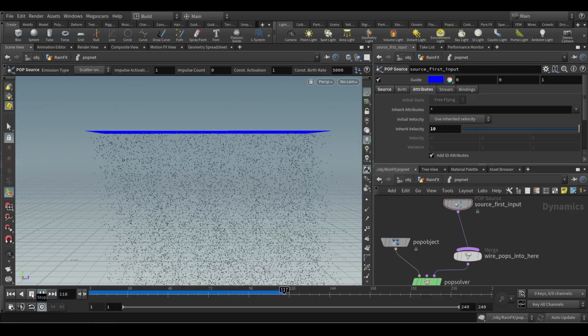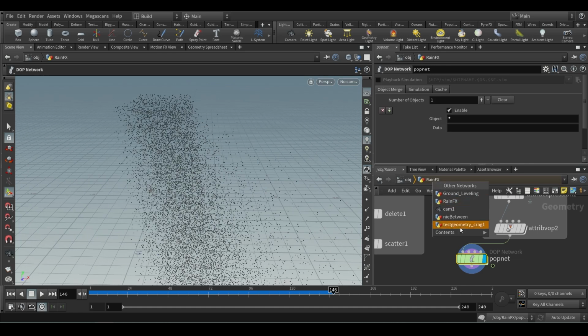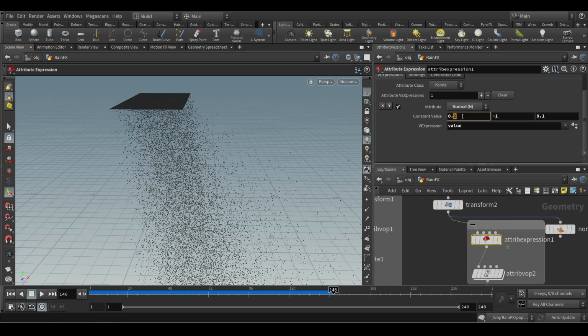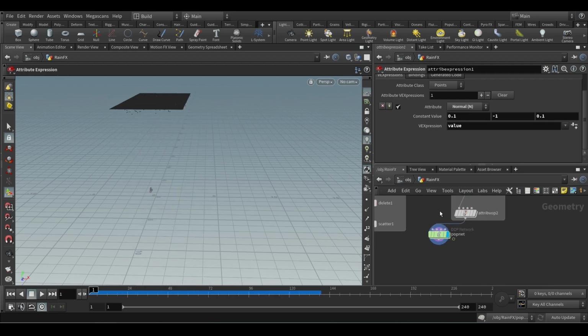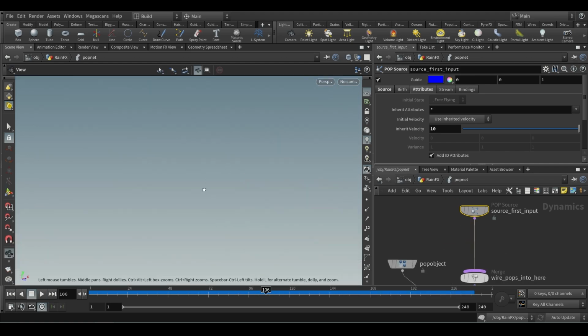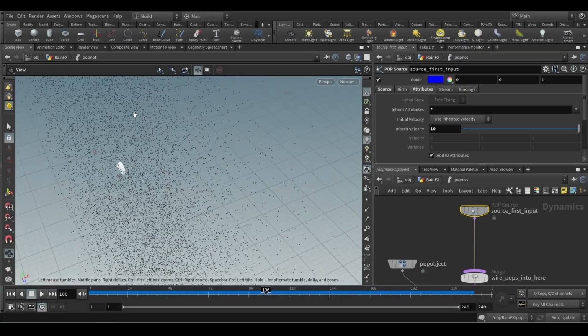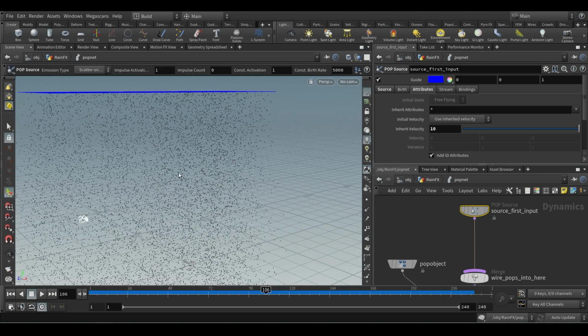I think I'm happy with what I have, but when you see here it is going too much on that side, so I will control that part. I don't want that much to go. Okay, maybe this is good, and I'll go to the camera and play again. Yes, I'm getting it. This is called near clipping problem. When you have near clipping problem, or if everything is cut off, then press space F, it focuses. That's how you can fix your near clipping problem. So you have the camera here and the rain.